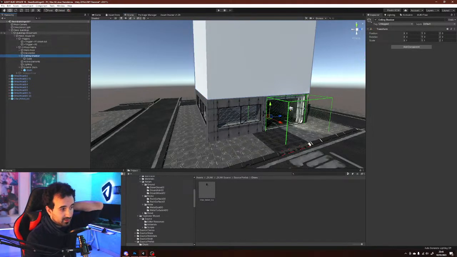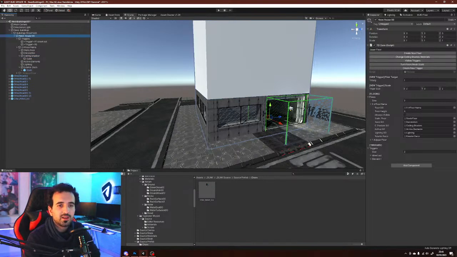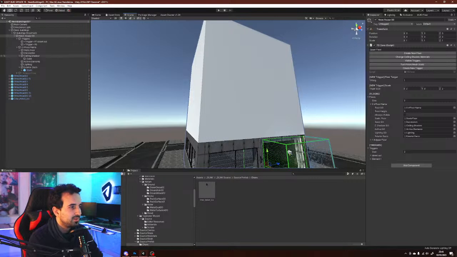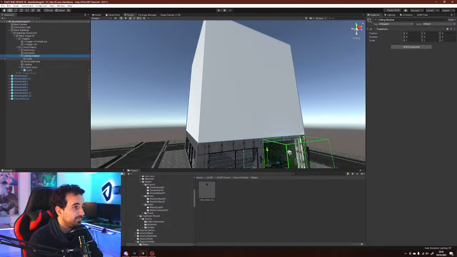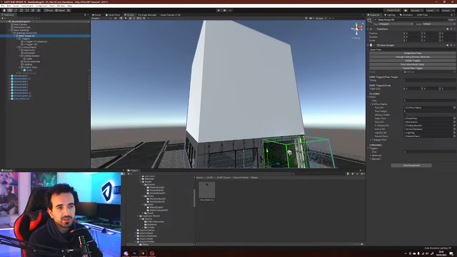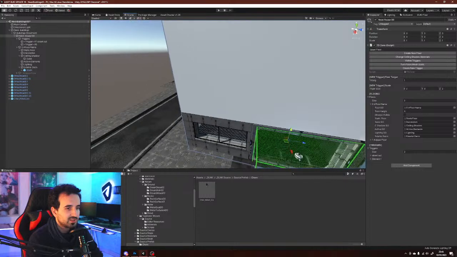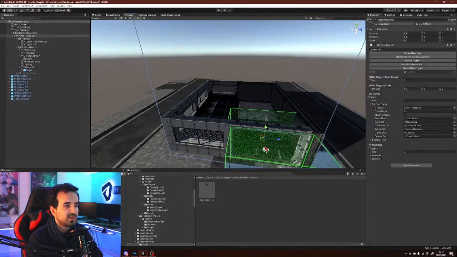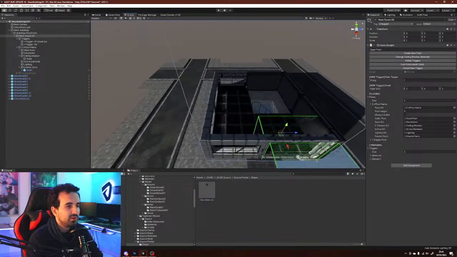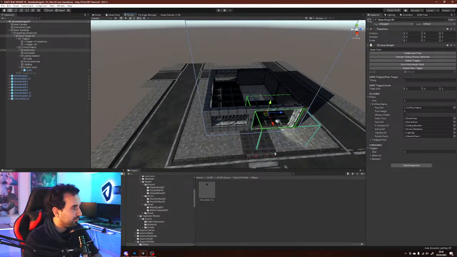Another thing that we're going to check now is this button that change ceiling shadow materials. When clicking it, it should change this piece because it's into ceiling shadow game object, and it should change the material for the ceiling shadow material, which is just a shadow, and it does, and it will do this thing for